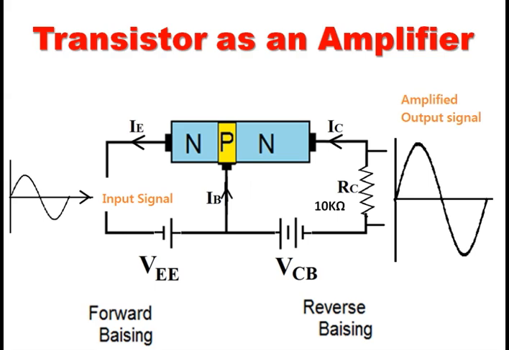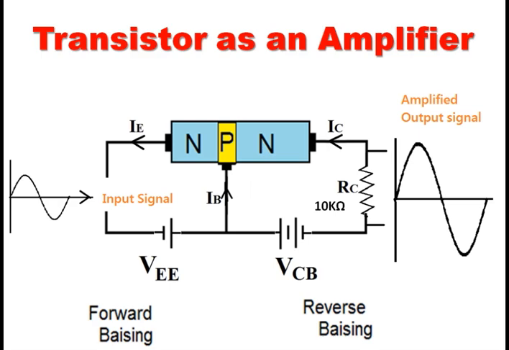So basically, when a weak signal is applied at the input, a small change in signal voltage causes a change in emitter current. Say a change of 0.1 volt in signal voltage causes a change of 1 milliampere in the emitter current. This causes almost the same change in collector current due to transistor action.